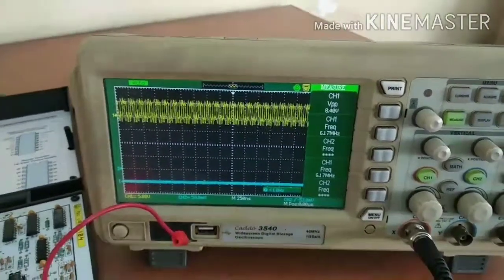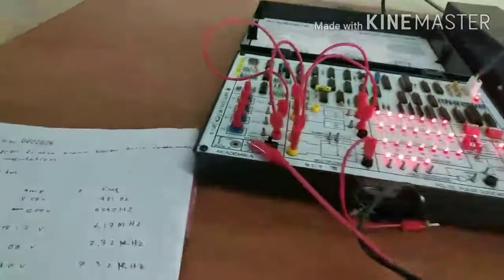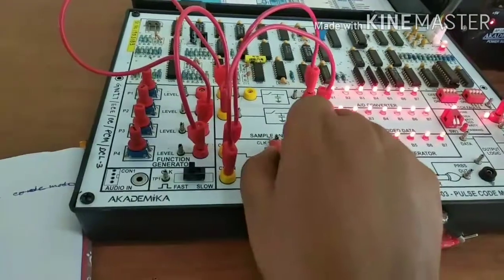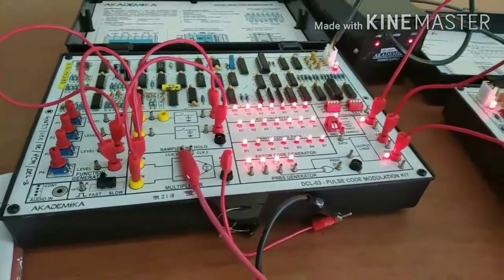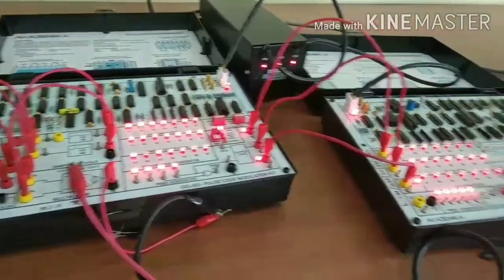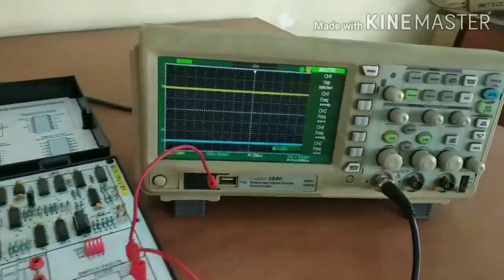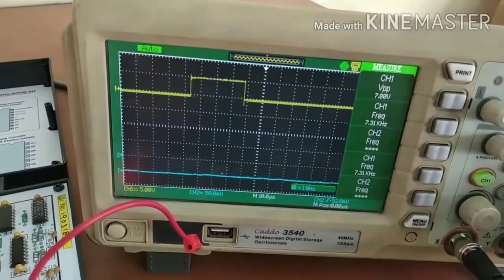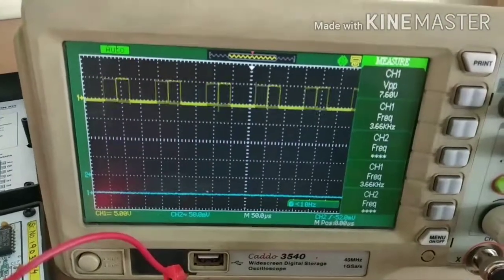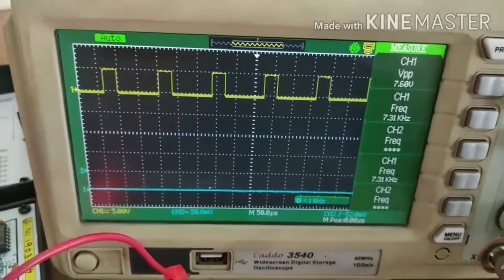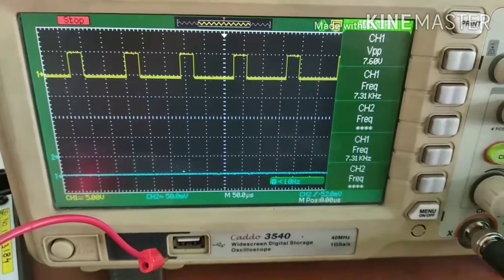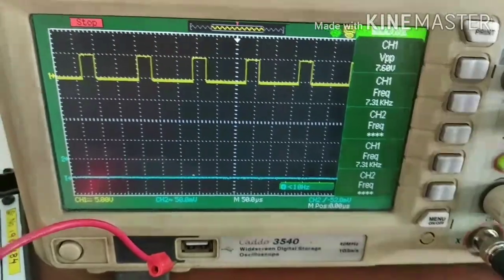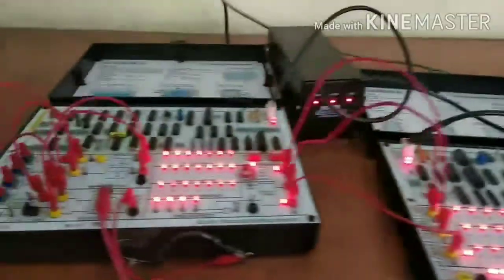The amplitude is 8.40 and the frequency is 6.17 megahertz. Then the next signal is the sampling multiplexer clock 1 and clock 2. We need to connect clock 1, and as in the previous step, the output is showing in the DSO. We need some adjustment, and the value showing here is 7.60. We need to press the stop button. The amplitude is 7.60 and the frequency is 7.31. Then we need to measure clock 2.